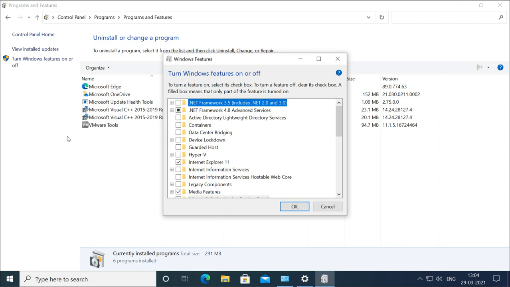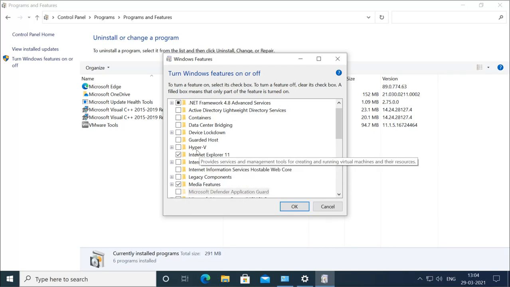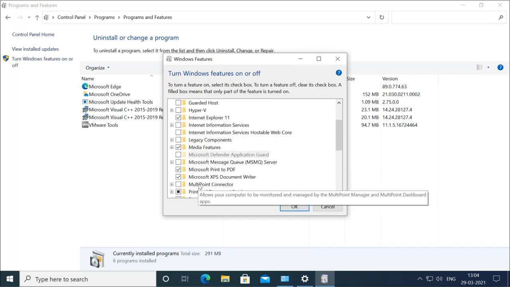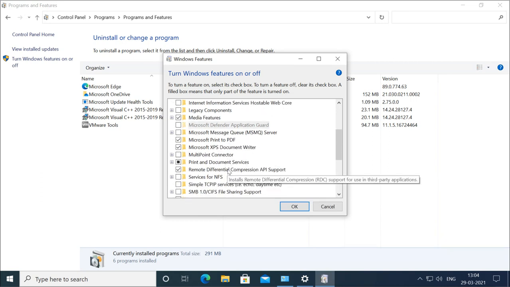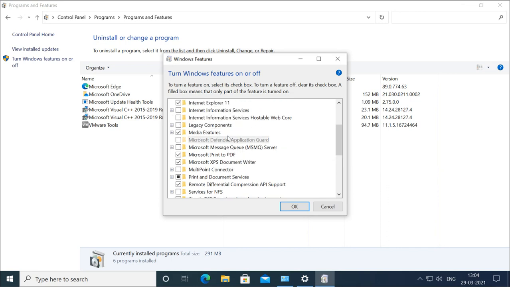Now it shows all the available features which we can install in Windows 10. Some of them you can see are enabled and selected, like Internet Explorer 11, that means it is installed. Media features are there and these are also selected, and most of them are not selected, and some of them have different options inside the main option.